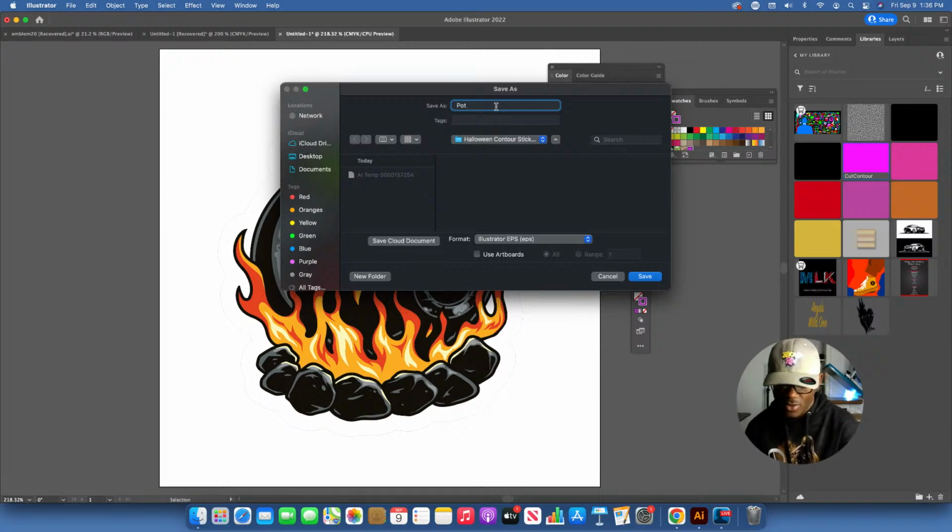Pot on fire. Pot on fire. That's the name of the sticker, right? So if y'all need these stickers, they are going to be uploaded on garmentcreations.com's website. I'll be putting all these on the site. You'll be able to order stickers as singles. We'll probably do packs of 10s, packs of 25s, and packs of 100s in these stickers.